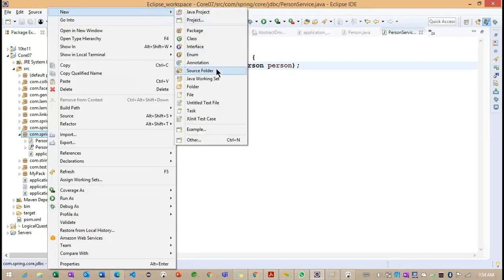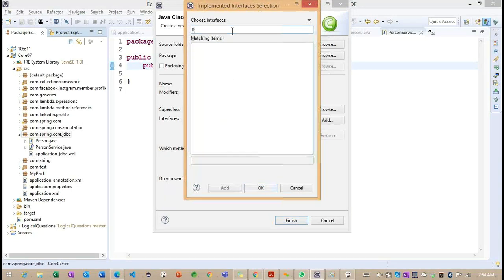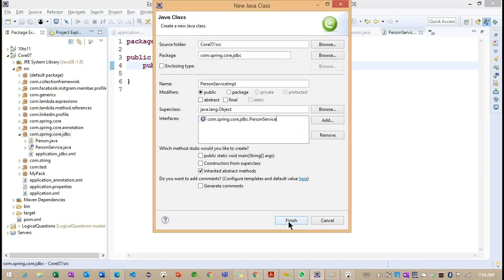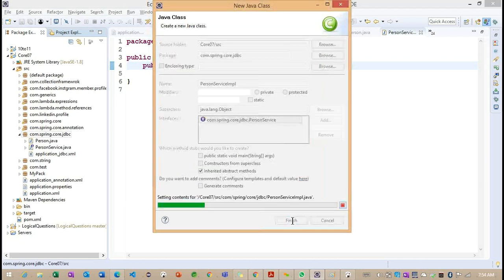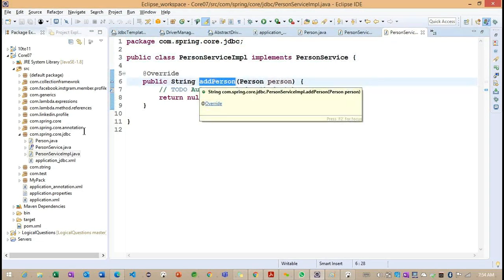And go for the implementation class. Person service IMPL, add the person service interface here and click on finish. Now observe, by default it is implementing person service and providing add person.